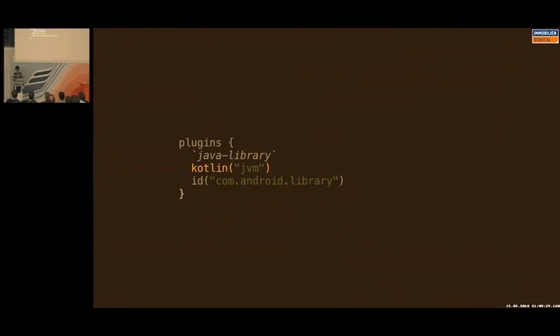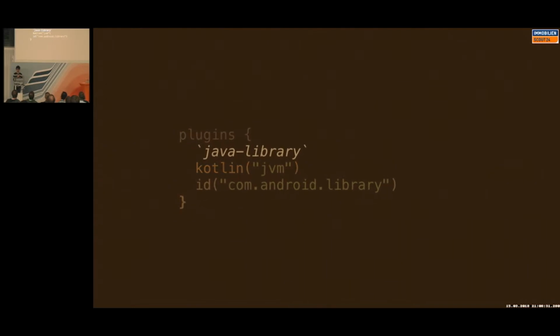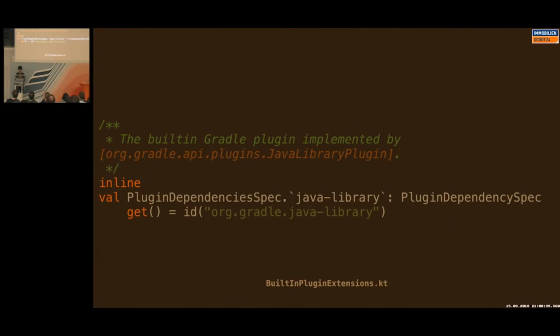Okay, so next up is the Java library. How does that work under the hood? Well, it actually works almost the same way as the Kotlin one. It's also an extension function, and it's in this built-in plugin extensions.kt. But if you look at the source of the Kotlin DSL, you won't find built-in plugin extensions.kt because it's also